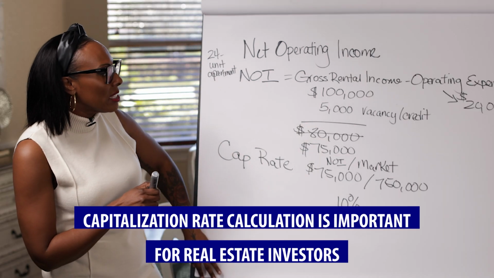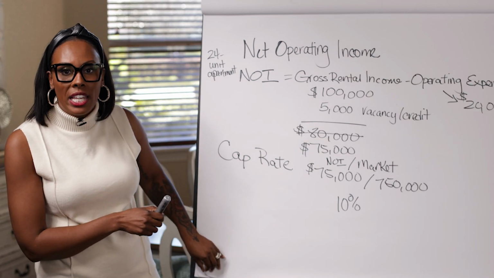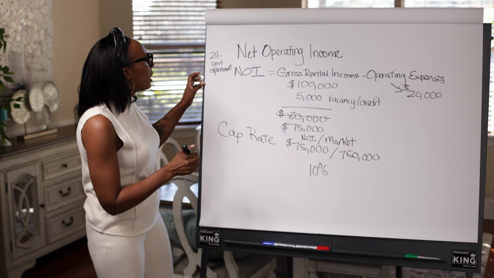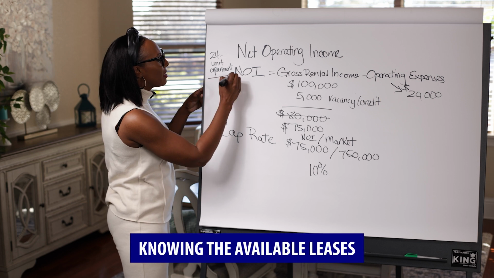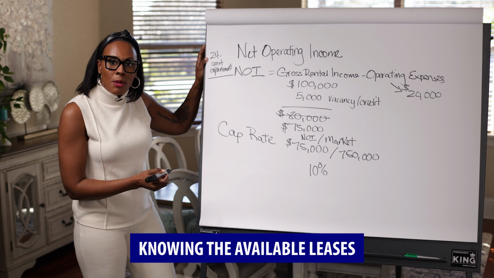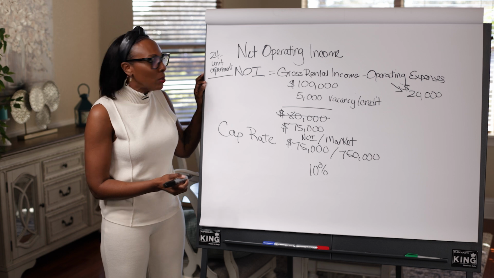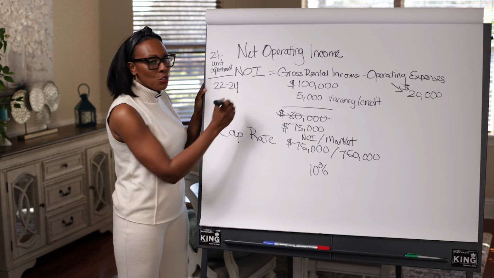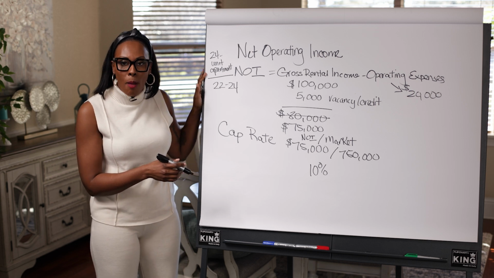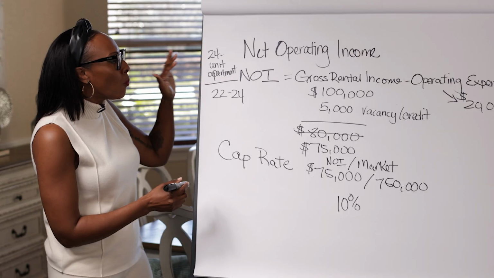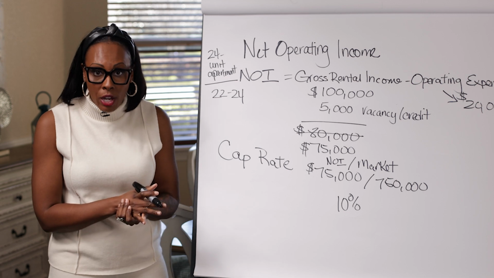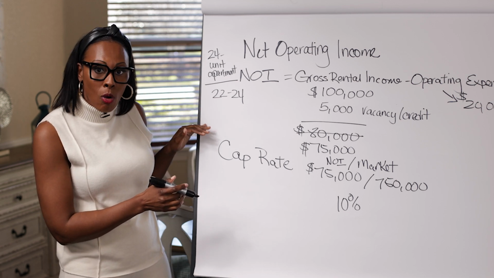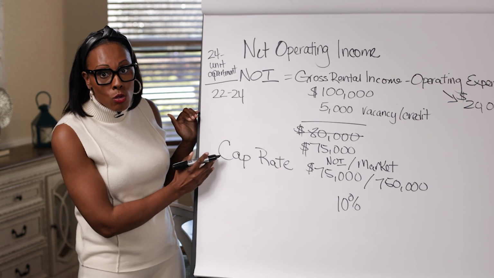So when it comes to real estate investing, these are not the only calculations, but these are probably the most important. Another important calculation would be you would want to see all of the leases that are available. So in this example, if we have a 24-unit apartment building, there should be 22 to 24 leases. You know what I mean? You would expect that most of these properties are rented. And what you could do during the due diligence period is you would get to review all of these leases to see how much people are paying, and you could add all of those numbers up.